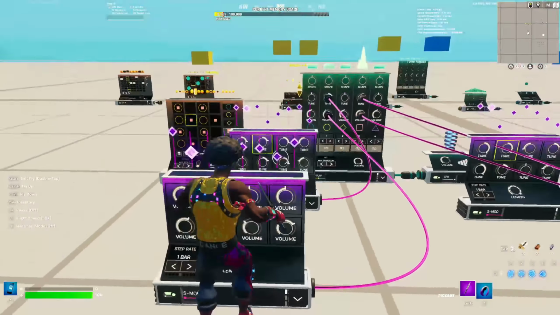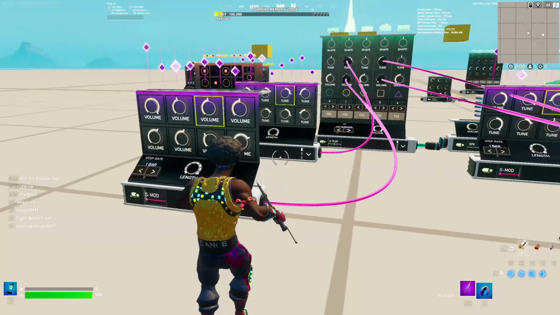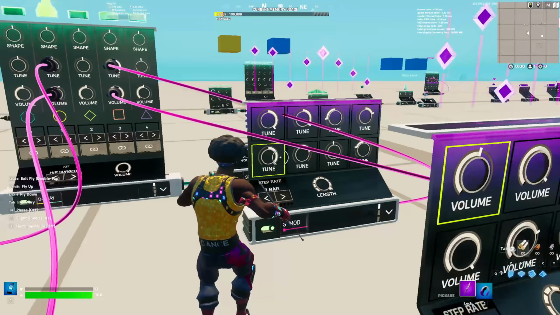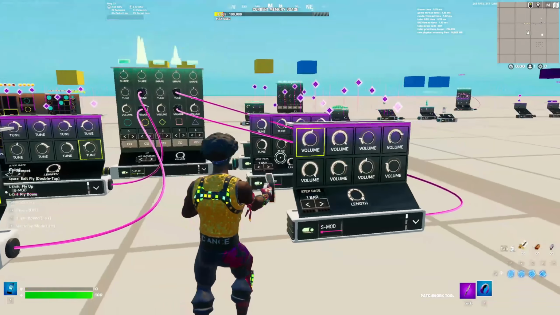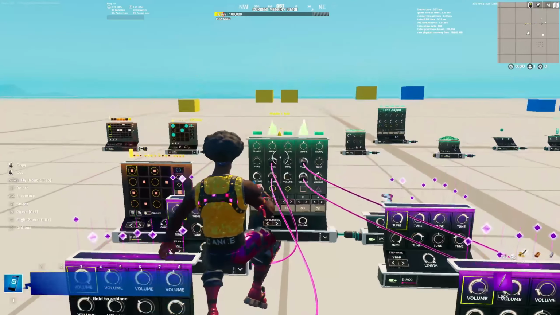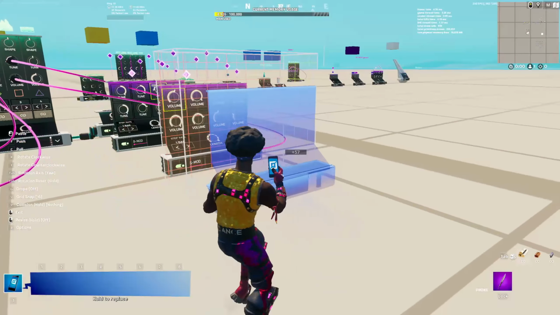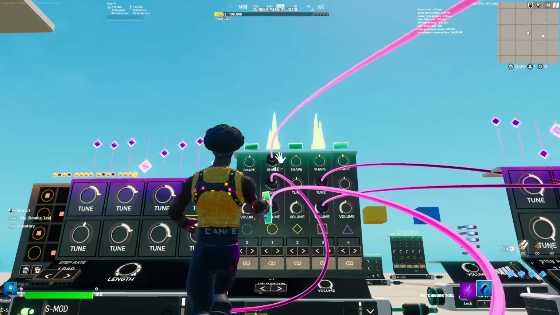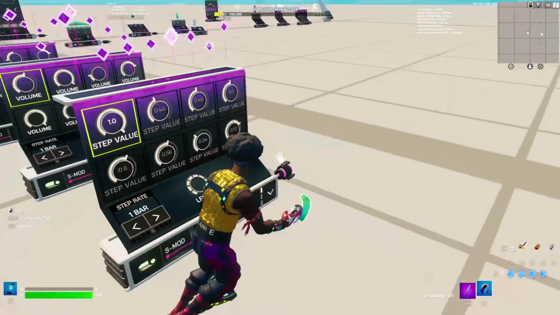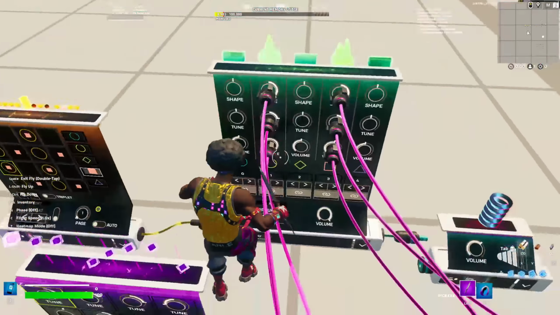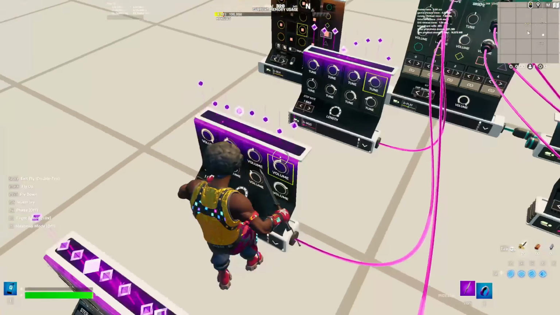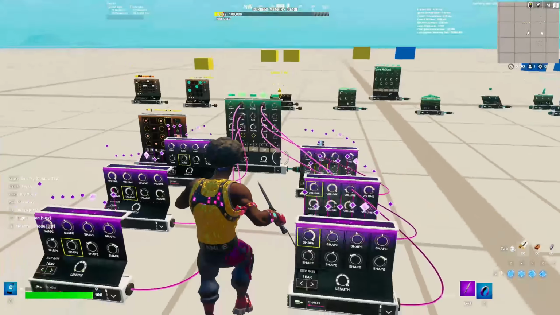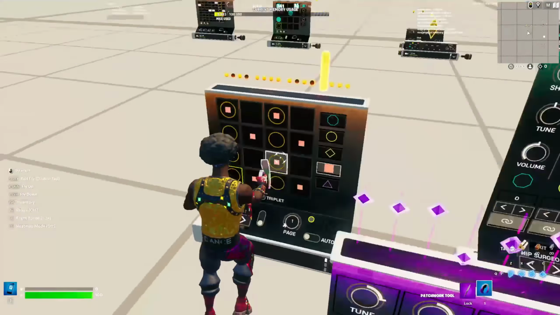So basically these two work for my circle's tunes and my volume, and these two work for my square's tune and volume. So they both work for the circle and the square. This is the square, this is the circle. If you wanted to add more, say I wanted to add another one, just like this, boom and boom, I would have to plug this one into the shape one of the circle, and I would have to plug this one into the shape one of the square. So now we are adjusting all 3 volumes for every single shape. So this is my tune, this is my volume, and this is my shape. Tune, volume, shape for the circle one and the square one on my grid here.